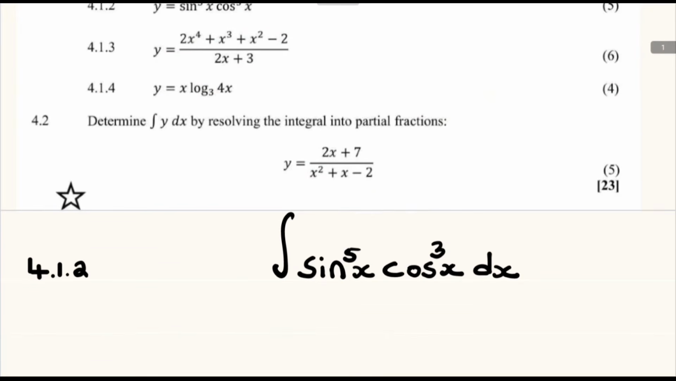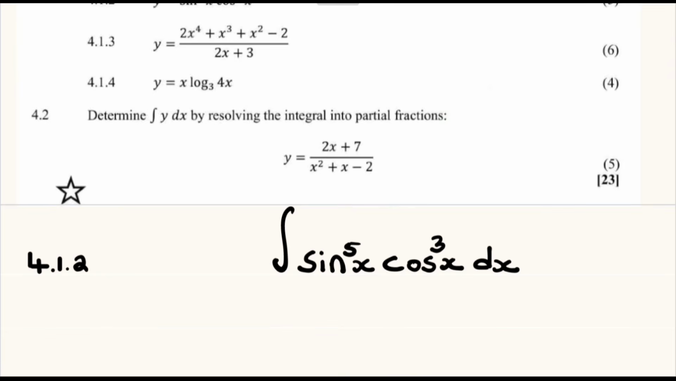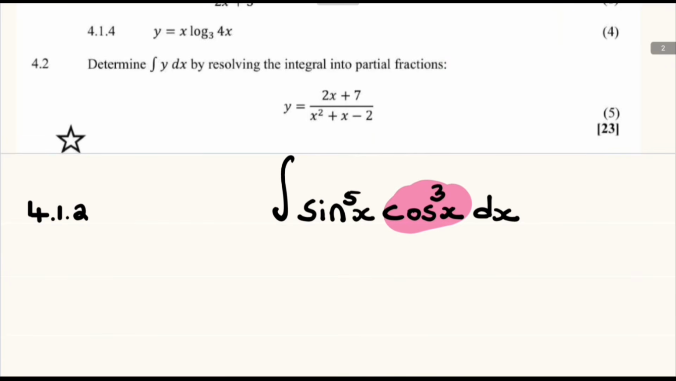Question 4.1.2, we evaluate the following integral, and it will be much simpler for us to break down the cos cube x than it will be for us to break down the sine to the power 5x. So we have the integral of sine to the power 5x. We break down the cos cube x and express it as cos squared x multiplied by cos x